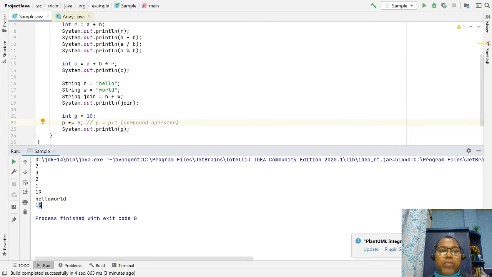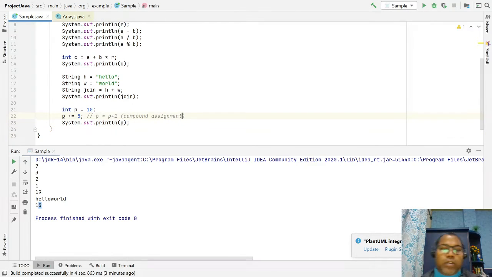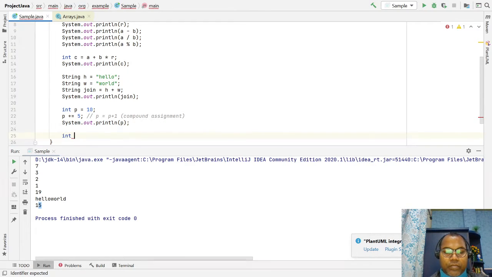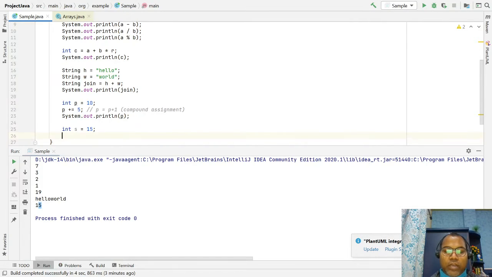Let's look at it. We have a variable s equal to 15. If you say plus plus s, you are incrementing the value by one.